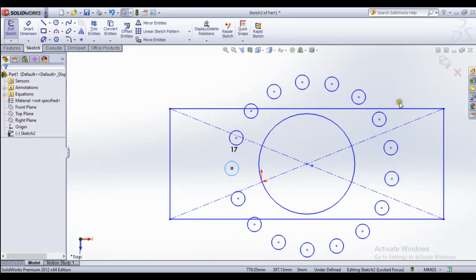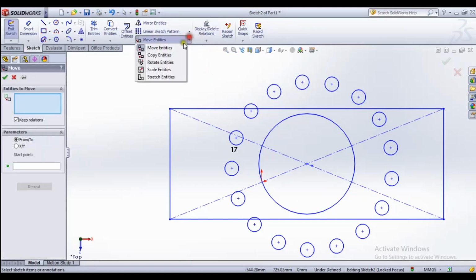Okay, circular patterns. You can see that large circle is disappearing, and it is taken as a reference only. Now here we can copy entities, move entities, rotate, scale, and stretch entities.